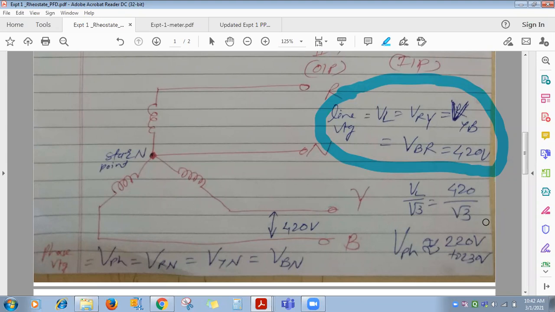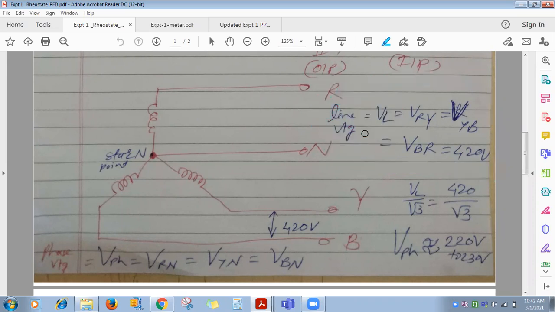420 volt. And this voltage is called what? Line voltage. Got it? So the three-phase voltage available in every building is how much? 420 volt. Once this cable reaches each building, like in the electrical lab, we want 420 also. Otherwise, every classroom and the rest of the labs require only single phase. So what is done? Three-phase 4-wire AC supply is given to the electrical lab also.